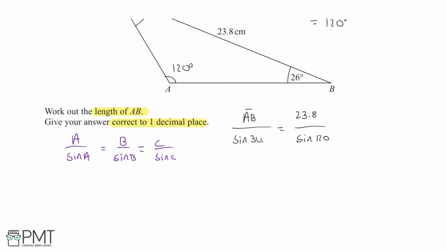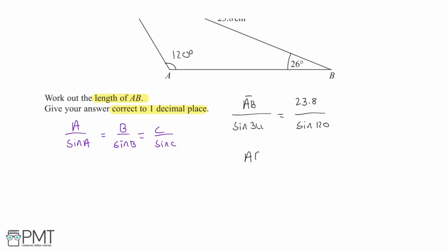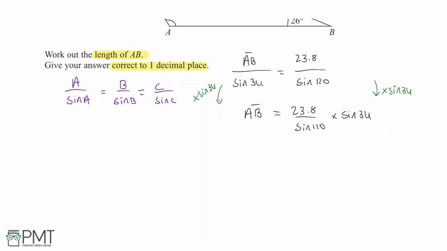We're going to multiply both sides by sine 34, so AB equals 23.8 over sine 120 times sine 34, and this comes from multiplying both sides by sine 34. We can now put this into our calculator. So we will get 23.8 over sine 120 times sine 34, which will give us an answer of